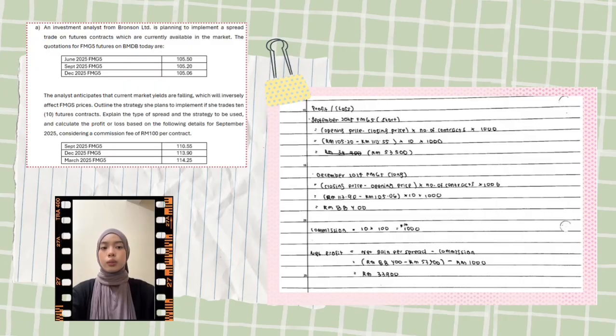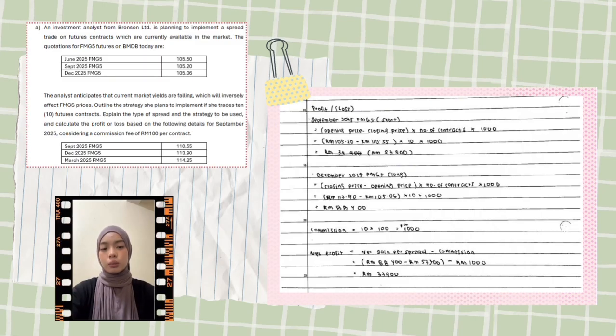At opening, we sell September, therefore it is a short contract, and we buy December, which is a long contract. So after the calculation, for September we get a loss of 53,500 ringgit. For December we get a profit of 88,400 ringgit. Since the question stated that there will be a commission fee of 100 ringgit per contract, we will